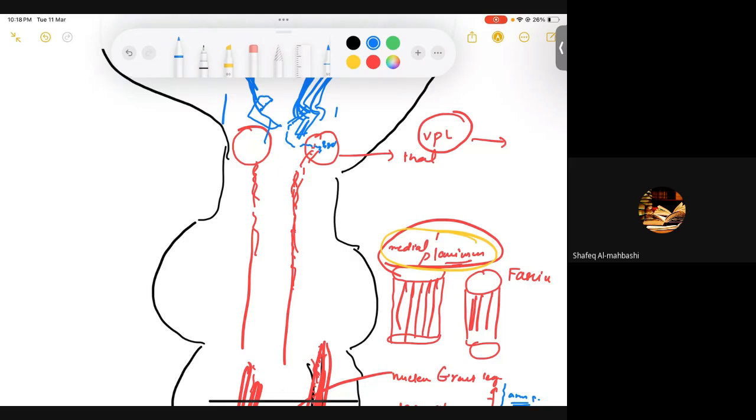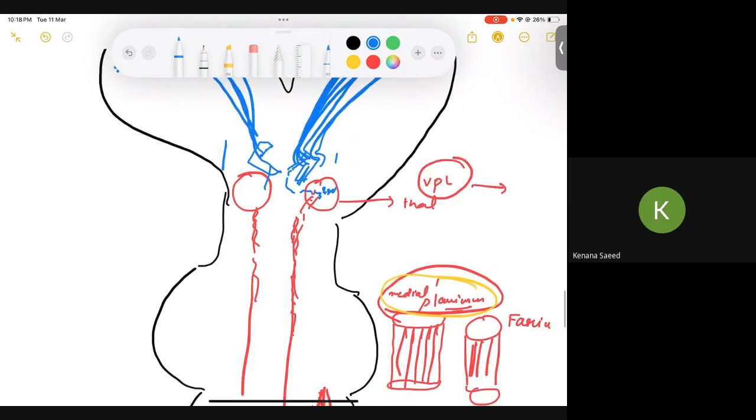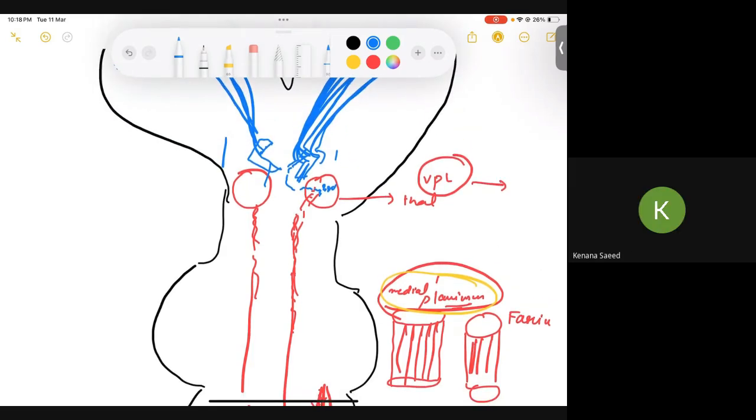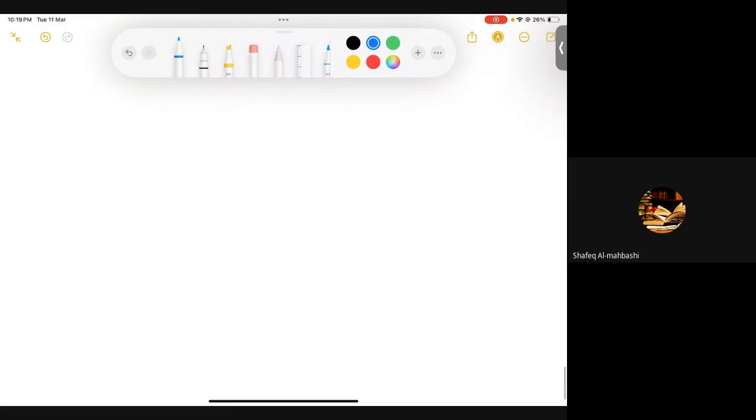Is that clear? Yes, sir. Okay, so let's discuss. A lot of students are confused about what ventral, postero, lateral is. Is it ventral, is it posterior, or is it lateral? This name is a kind of confusing name, ventral, postero, lateral. Have you guys ever thought of the name? If it's ventral, how can it be posterior, right? So for that, you guys should know